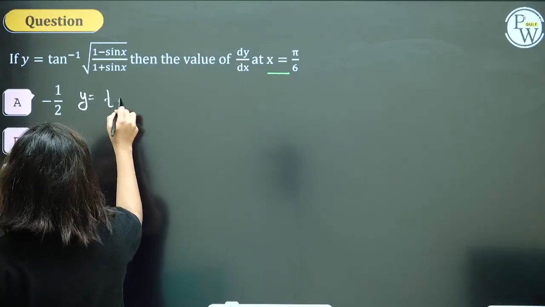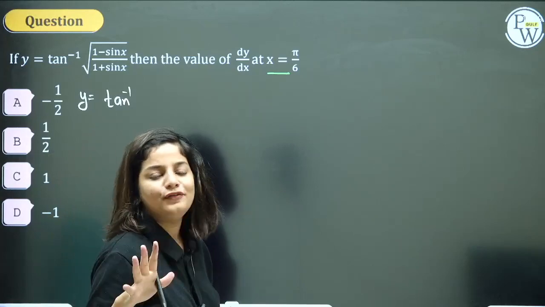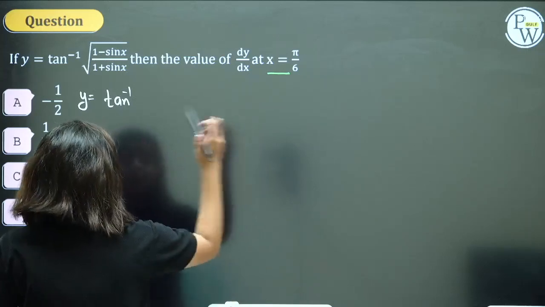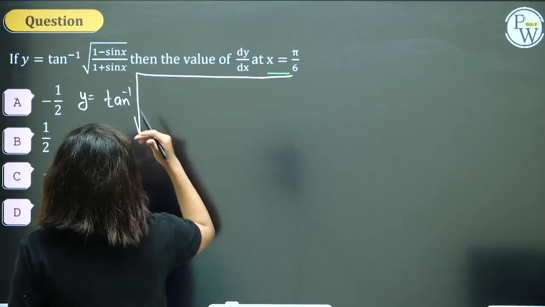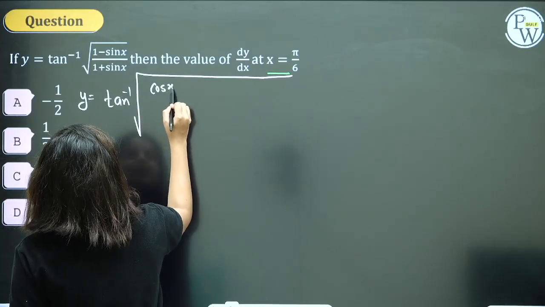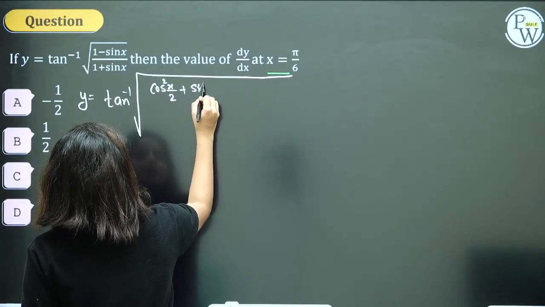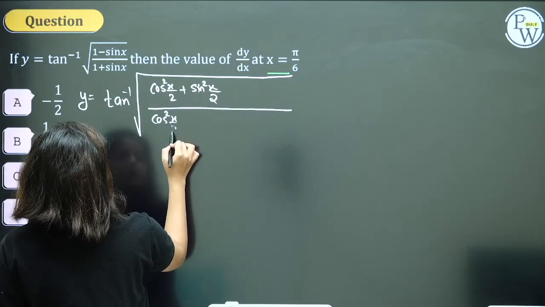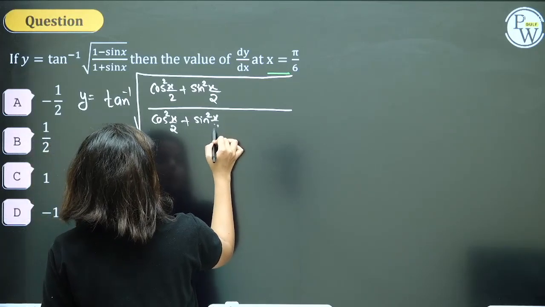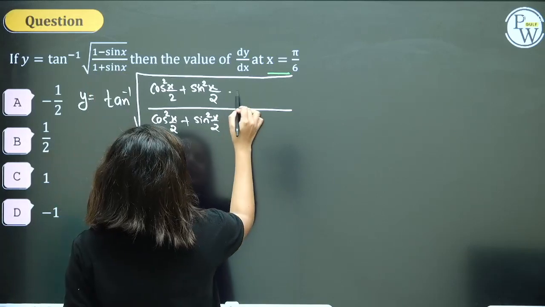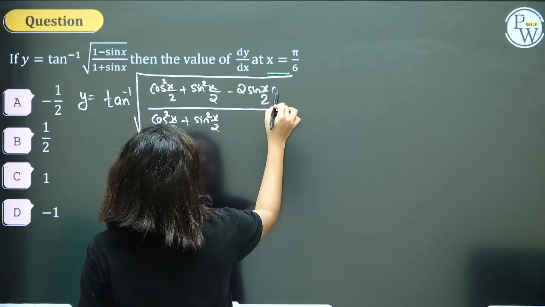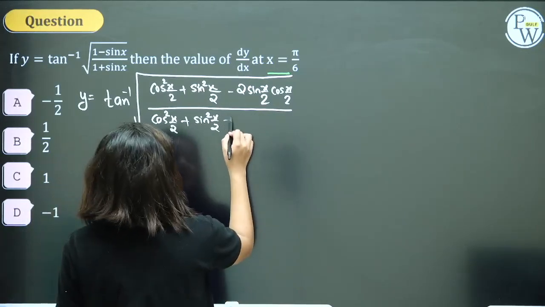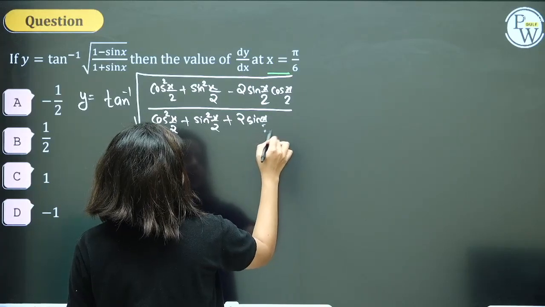y is equal to, as I said in inverse trigonometry, first a lot of simplification and then later you differentiate. Differentiation is very easy in ITF. Mainly it's simplification, how smartly you are able to simplify. Guys, can I write this 1 as cos square x by 2 plus sin square x by 2, the identity? Yes or no? Any problem? No problem, very good. And then sin x as 2 sin x by 2 into cos x by 2, because sin 2 theta is 2 sin theta cos theta. Here plus 2 sin x by 2 into cos x by 2.